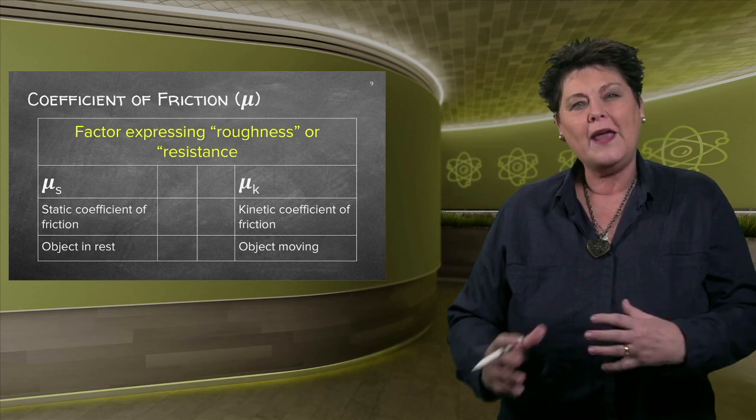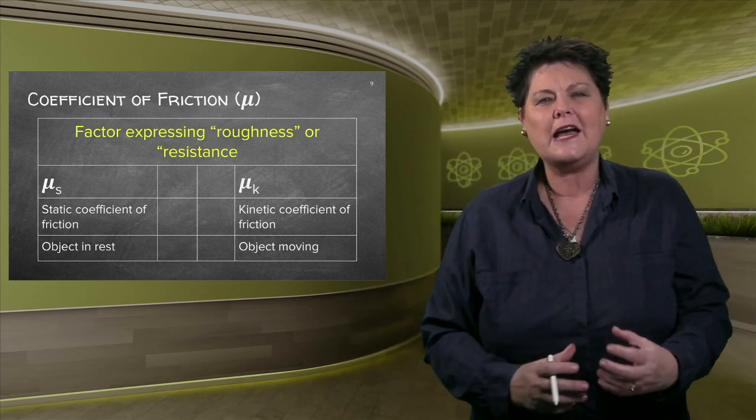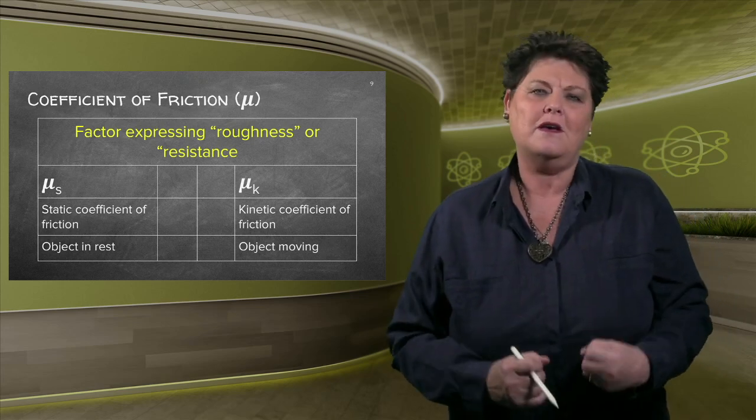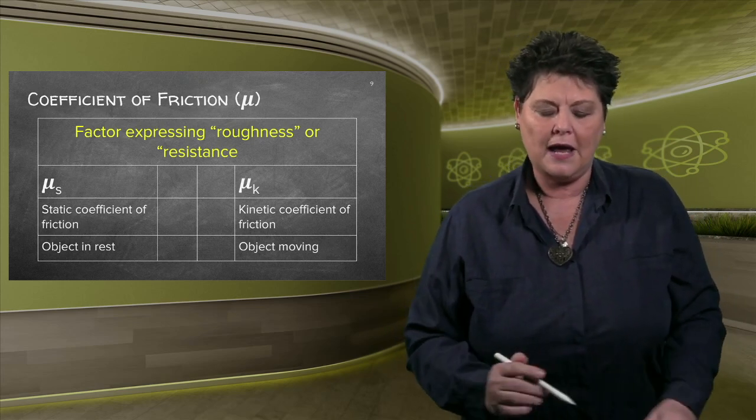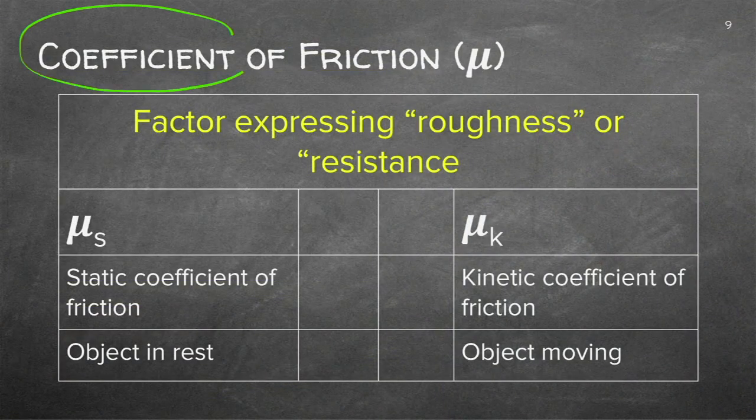Now, they did lots of calculations to actually determine the friction of different surfaces. And the way they could do it is by finding the coefficient of friction. This is the Greek letter mu, and that letter signifies the coefficient of friction. And when it's static friction, it is mu s, and when it's kinetic, it is mu k. So make sure that you know the coefficient.